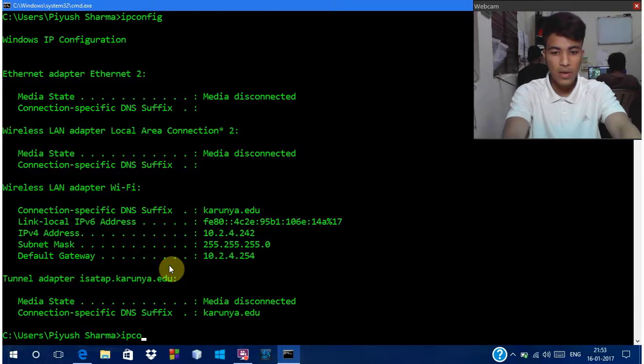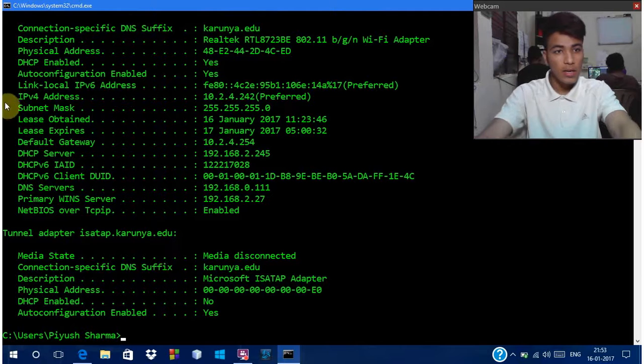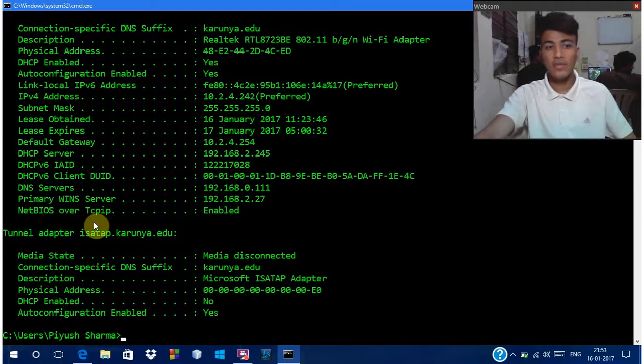in this way. If we give ipconfig /all, it gives a more detailed result. It gives the NetBIOS over TCP/IP, then the DNS server's IP address, and the varied subnet masks. Then the next command is